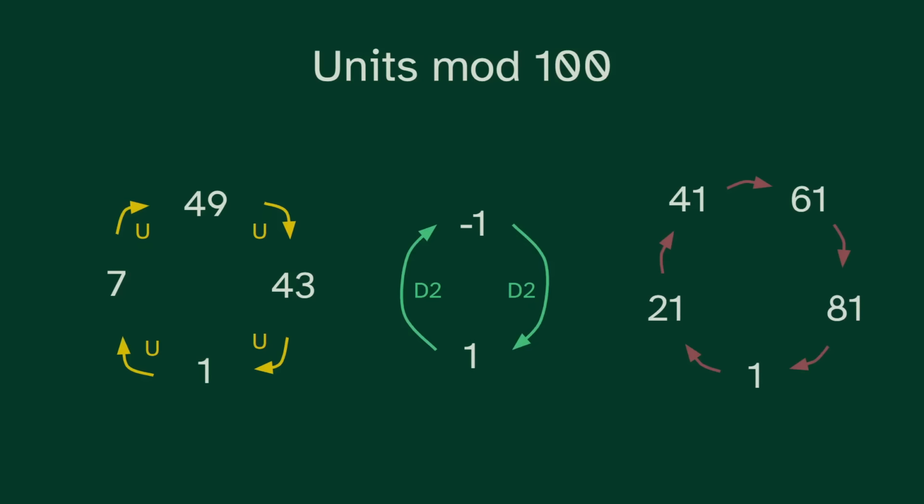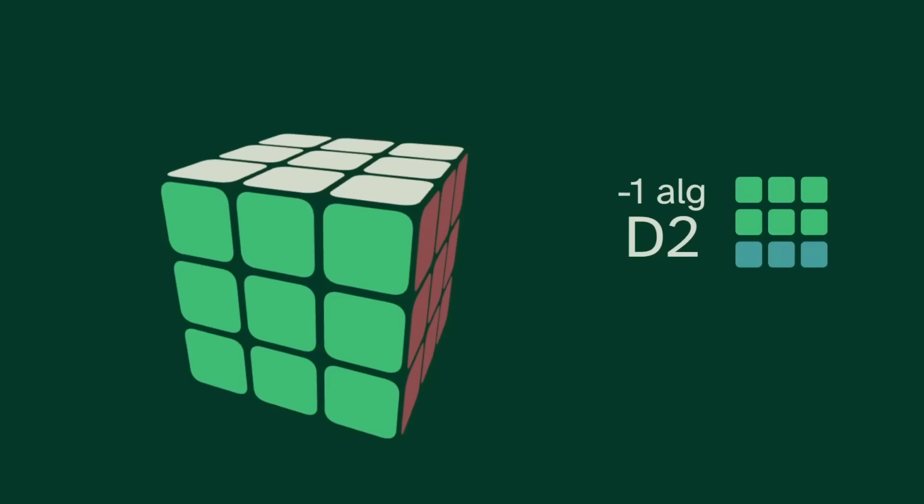Any unit mod 100 can be made using one number from each cycle. For example, 3 is 43 times 1 times 21. But we still need algs. We need a new alg for that 5 cycle. The -1 alg